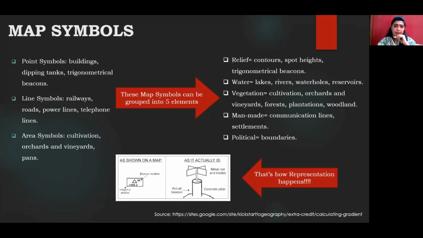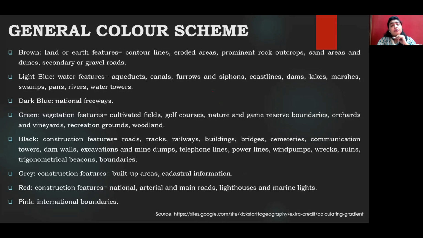When you are drawing certain symbols, or I should say the conventional signs and symbols, there are certain color schemes for each and every symbol. Apart from the color scheme of the conventional signs and symbols, you also have the color scheme for each and every boundary. So let's get into what is the general color scheme in the map and how you can interpret it.